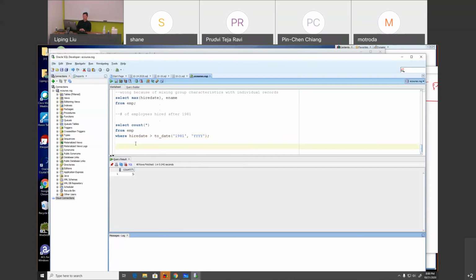So this time I want to find the average salary for salesman. Average salary for salesman. Okay, so you need to use average of sal from EMP. Okay, and then say where job is equal to salesman. Okay. Now,